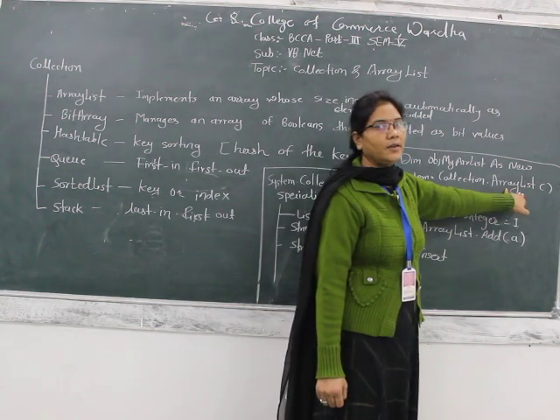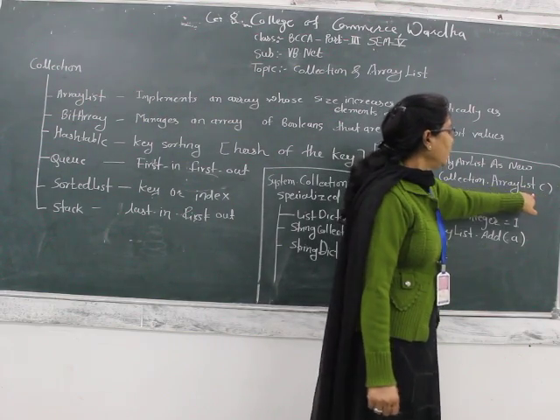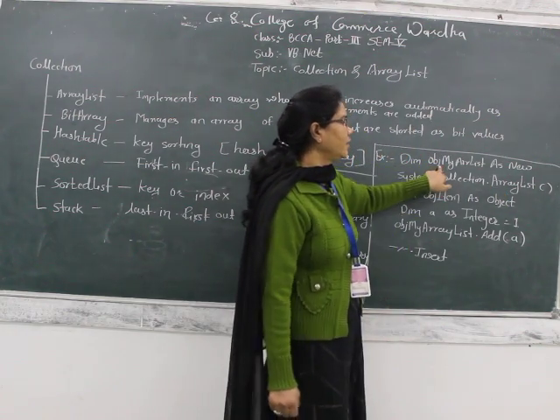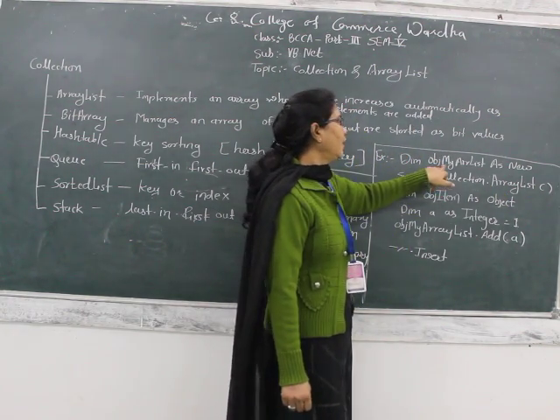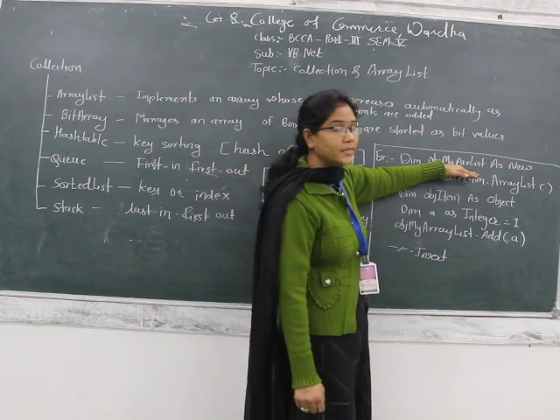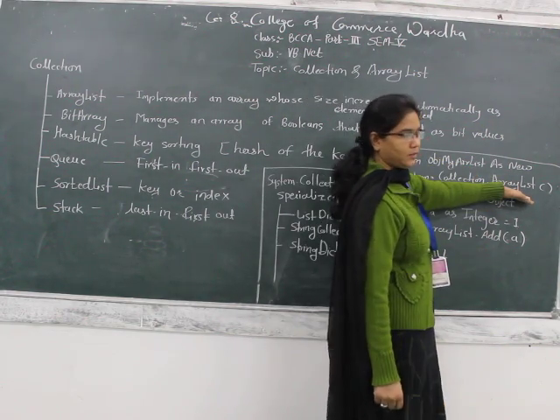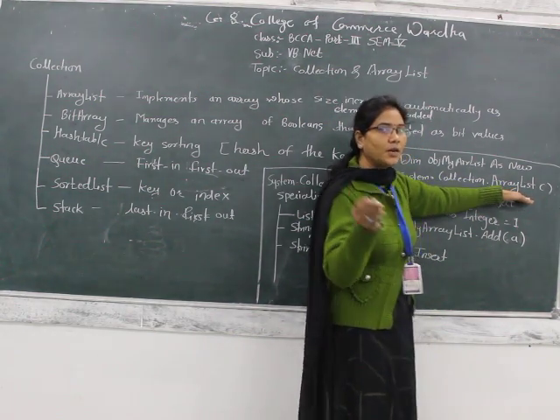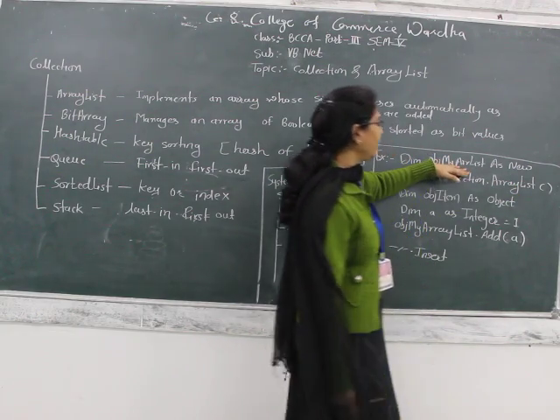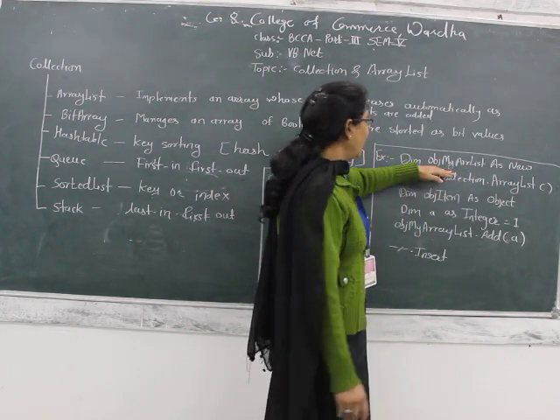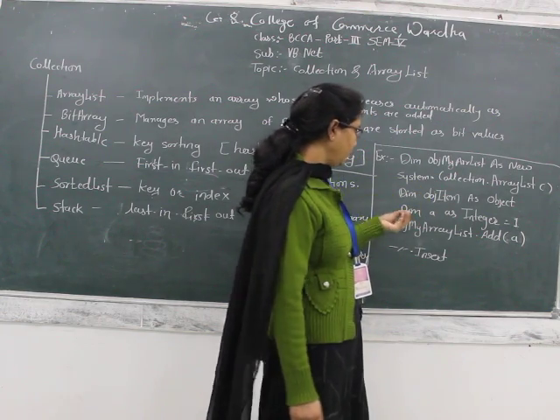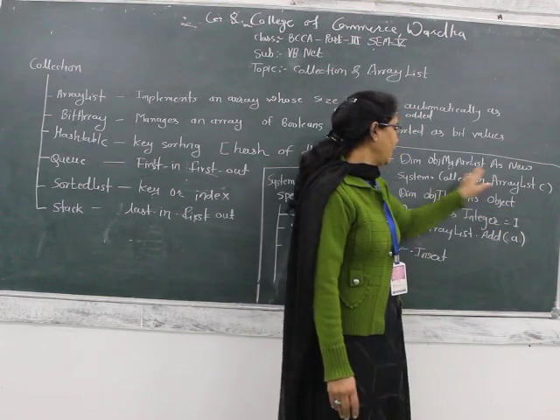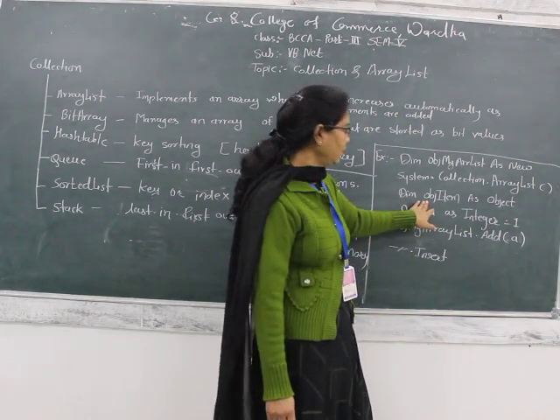What is the array list? Array list is a class. Here we are using the class. So by using this syntax, we are creating the object obj my array list as a variable of array list. So whatever functions or methods are available in that array list, we can use by using this object. After that I am creating another object, like Dim obj atom As Object. This is again a class, and I am creating the variable of that particular class.